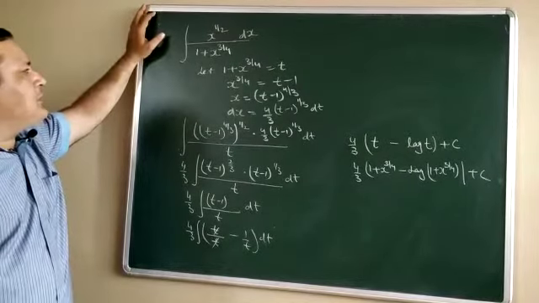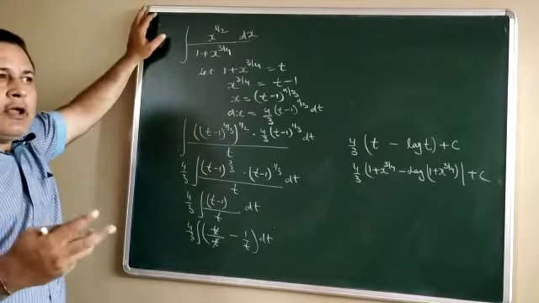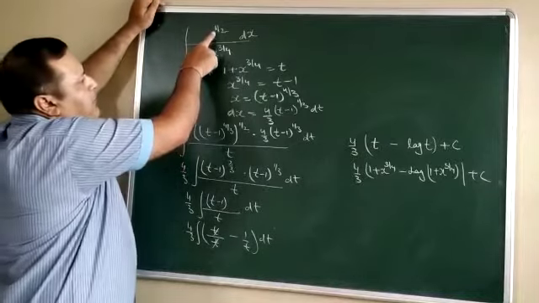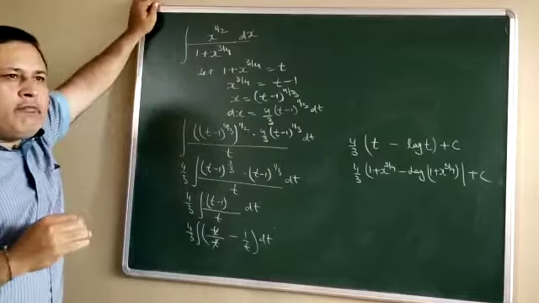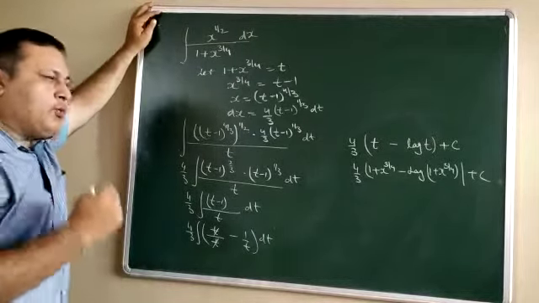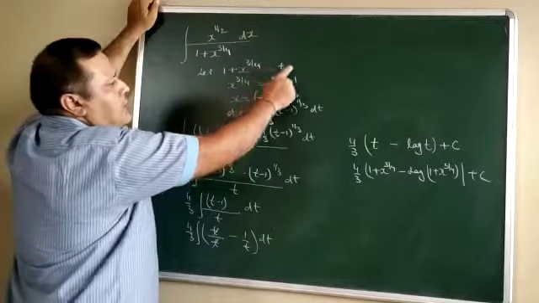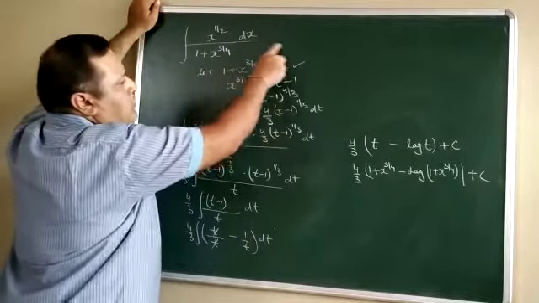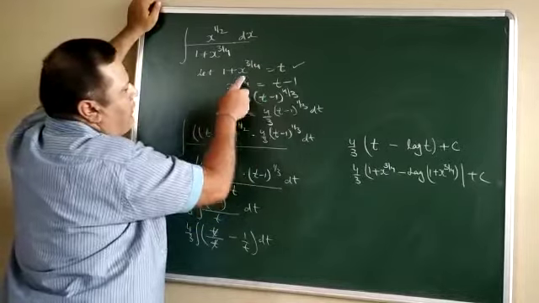In this question, just like in a hit and trial method, let us try how we can find its solution. But I observe one thing: this power is 1/2, this power is 3/4, and we know whenever we take the derivative, the powers get reduced. Due to that, I go for the substitution 1 plus x to the power 3/4 equals t, or x to the power 3/4 equals t minus 1, or x equals (t minus 1) to the power 4/3.